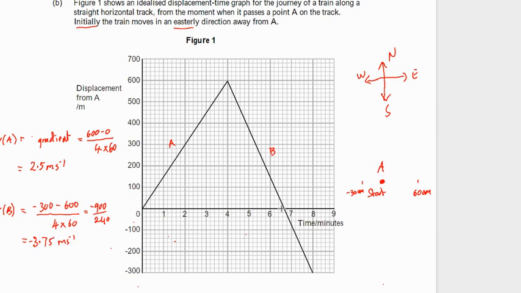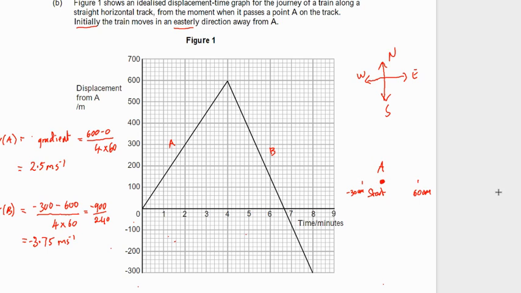Then you've gone a negative displacement. Okay, so negative displacement means in the opposite direction to where you were originally going. So it's gone 300 meters in the opposite direction. So that is in a westerly direction. So what's happened is this journey goes easterly 600 meters, back to the start, to then go westerly and end up in a negative displacement. So it goes 600 meters easterly and then